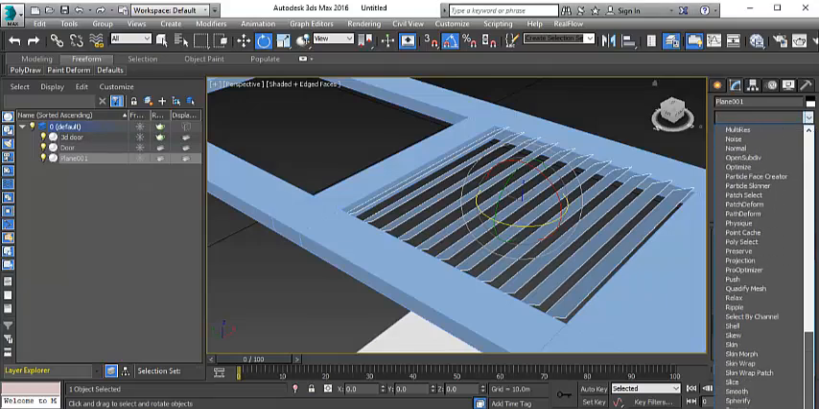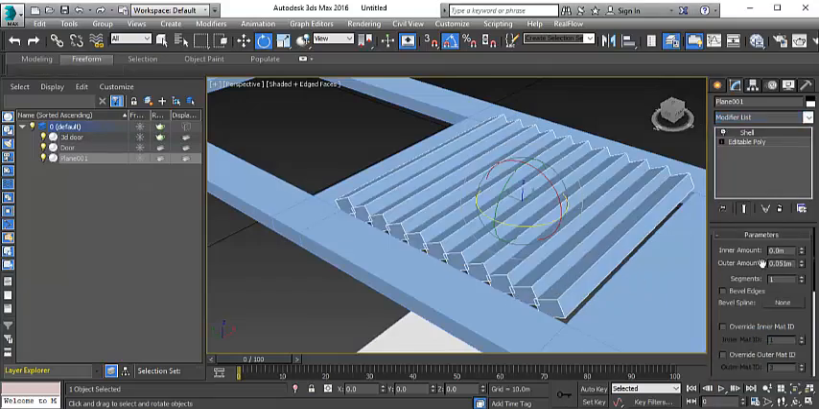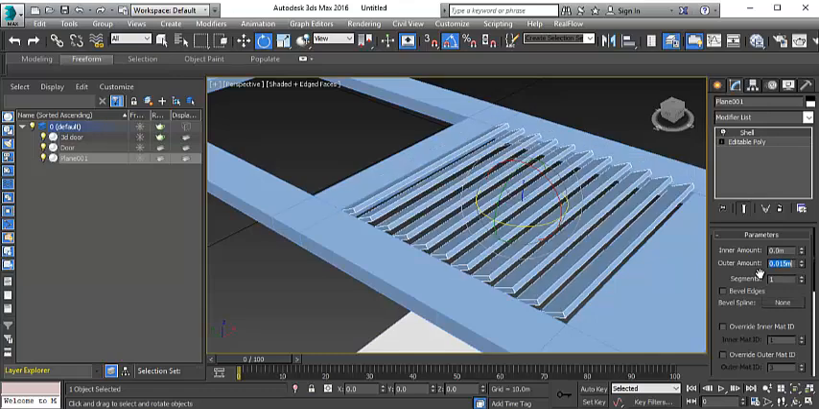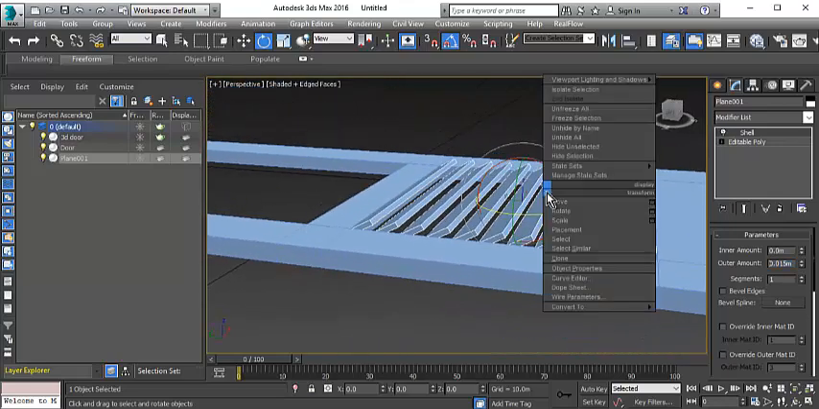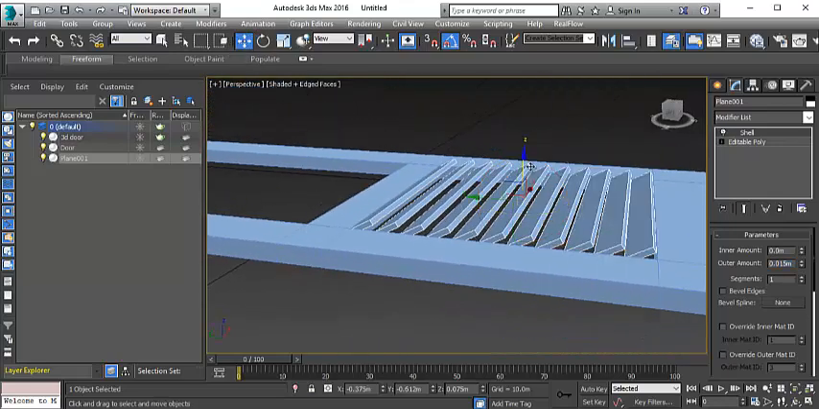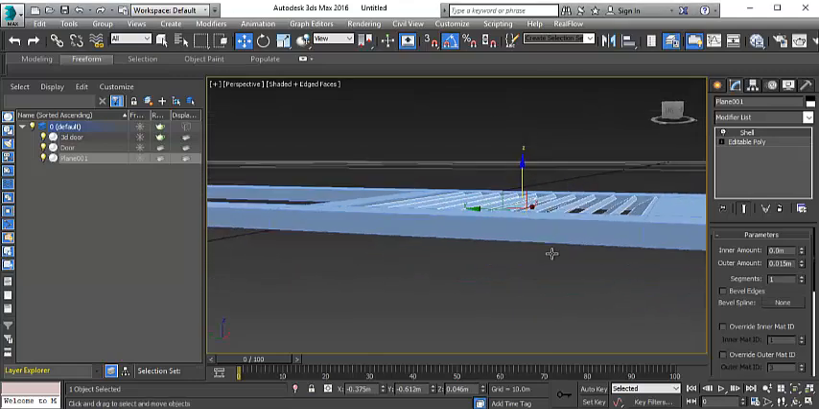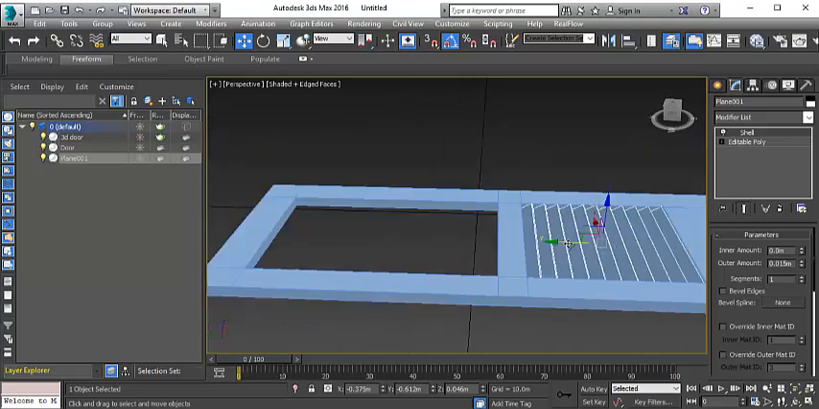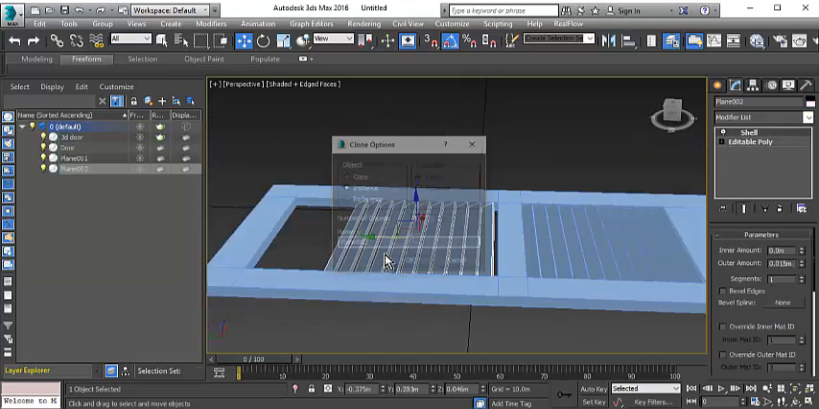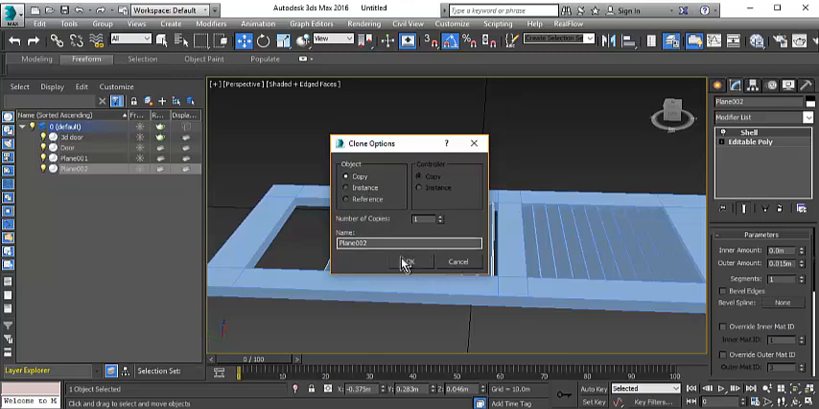So we're going to apply the shell modifier, and we're going to choose the thickness. Watch the thickness of a louver. We're going to make it about a half inch, so that would be about 15 millimeters. And we are going to use the move tool, and we're going to place that just about in the center of here. Alright, then now we're going to copy this,